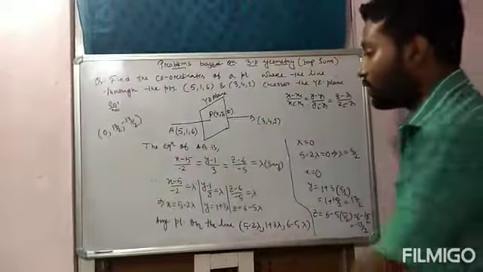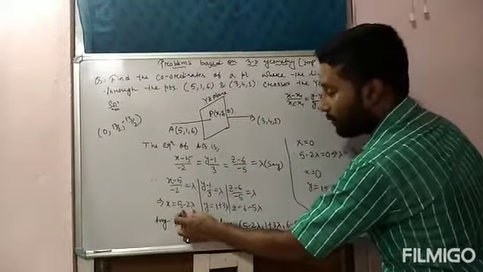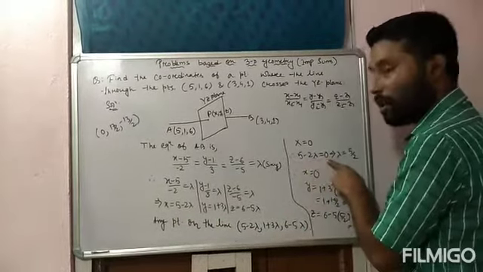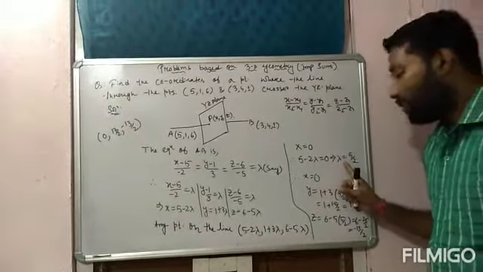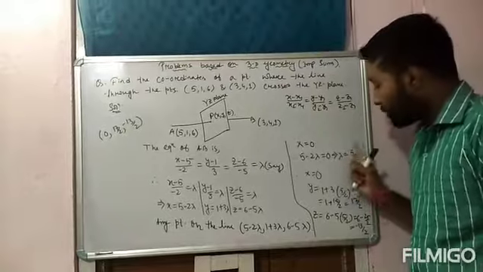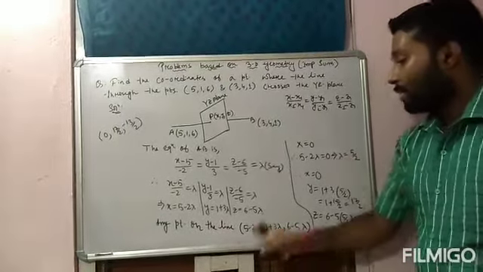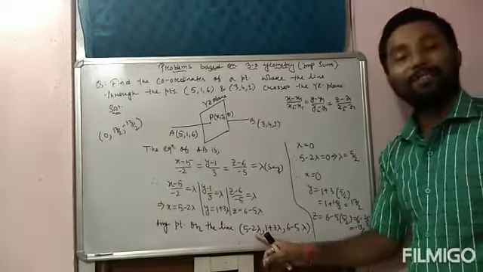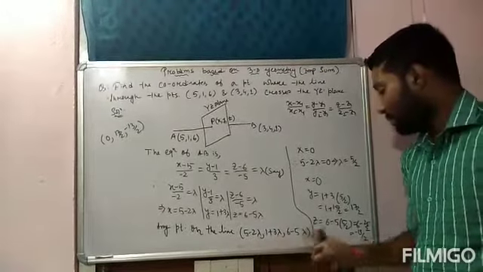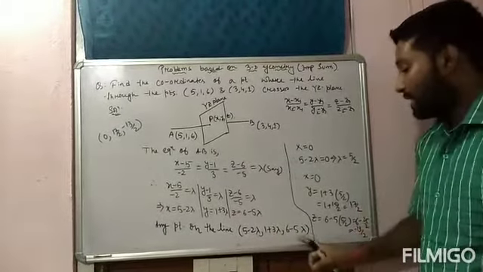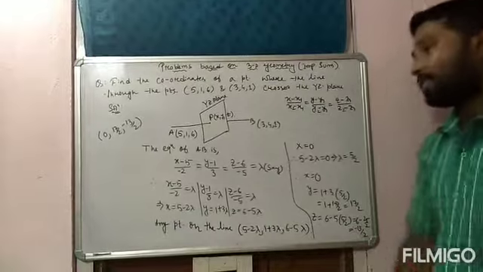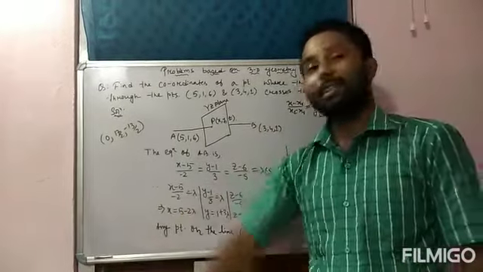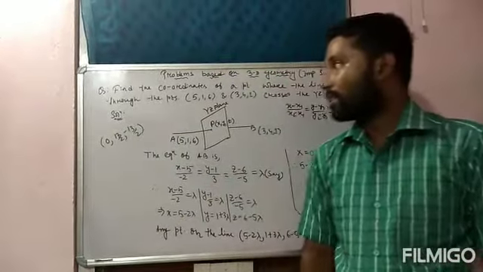So that's why we can write the x coordinate, that means 5 minus 2 lambda is equal to 0. From here we can find the value of lambda, that is 5 by 2. Substitute the value of lambda now in these coordinates. First the x coordinate will be 0, putting in the y coordinate we got 17 by 2, and putting in the z coordinate we got minus 13 by 2. So which is the required answer? Okay, so the next question I discuss now.